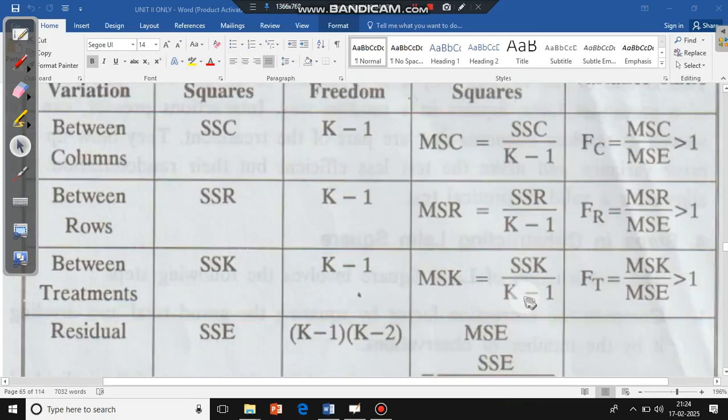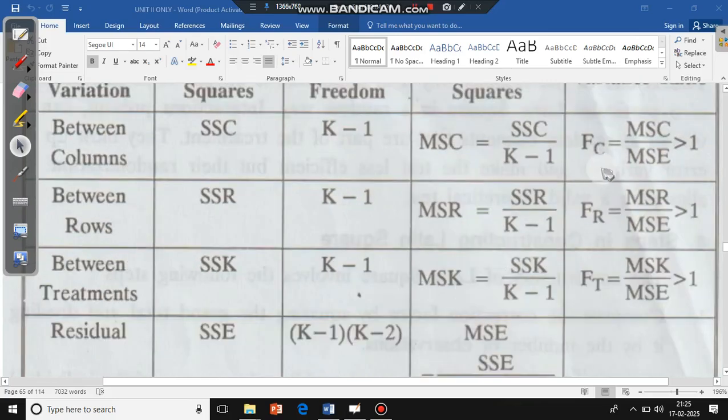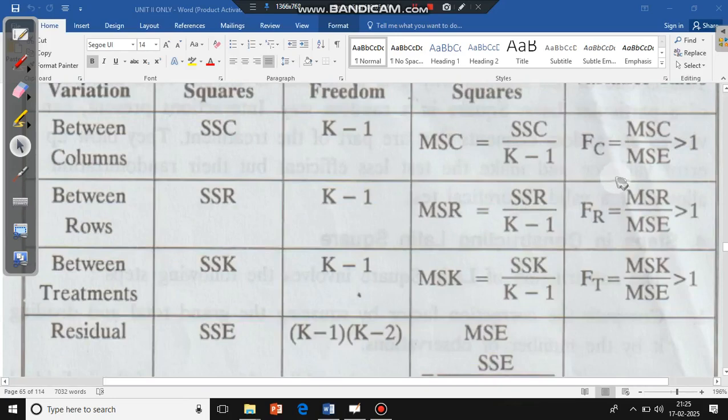So by comparing MSE and MSE, we can get a calculated value. How? The greater value you have to put at the top, and the smaller value of this element and the MSE element, put down,